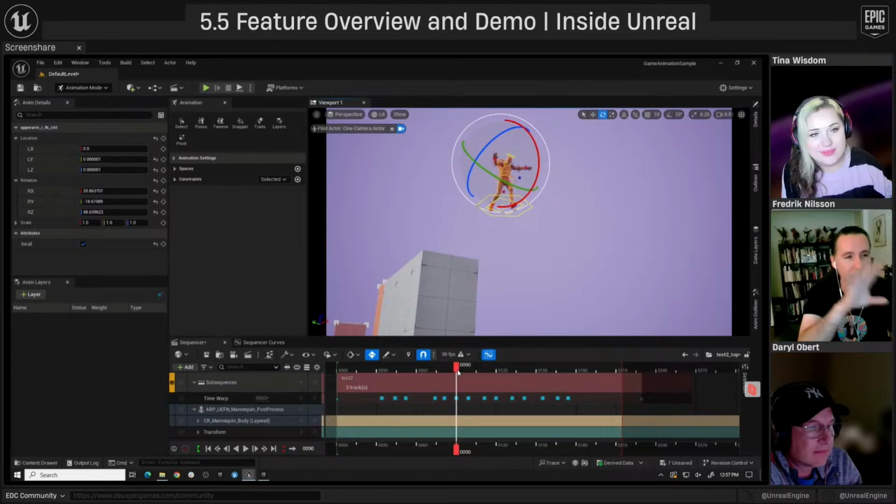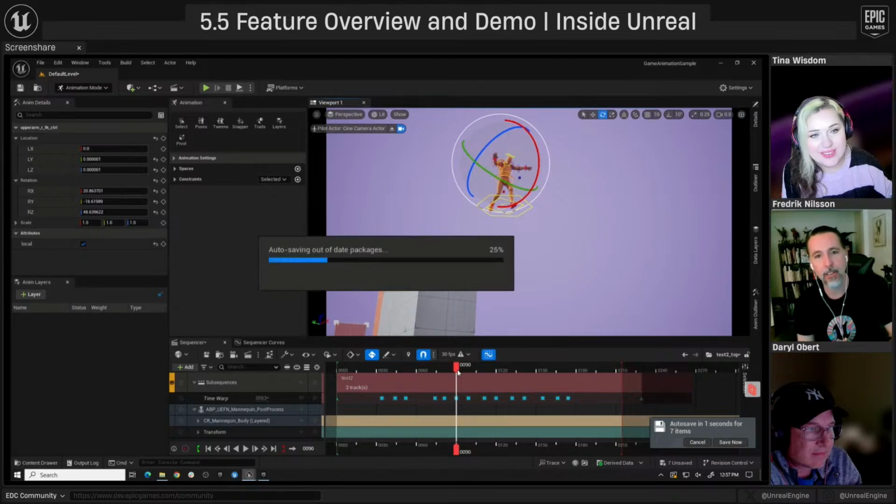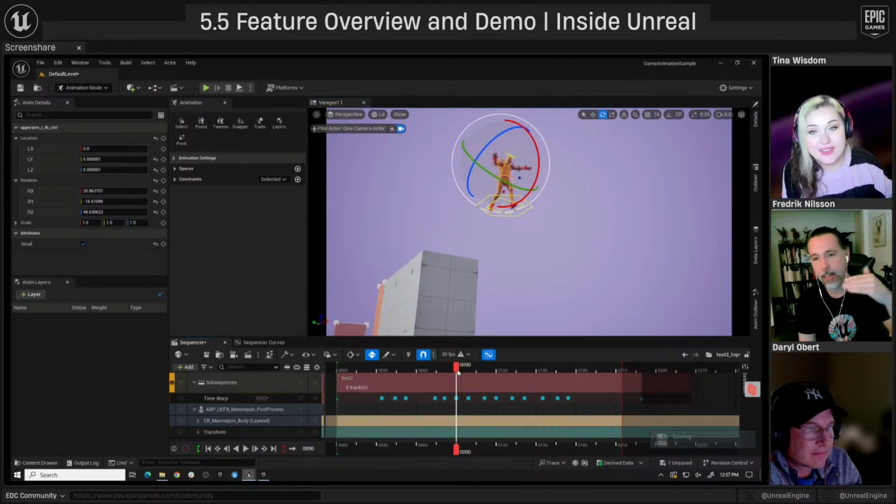If I figure out a good setup for all this stuff, because I haven't done this in a while, so for me it was like, I think it'll work. But yeah, anyway, I powered through it. We got the results we wanted. There's some glitches I'm going to look into. I'm probably going to put up an Epic Dev community tutorial on this process because I think it'd be really useful to just show people the steps: this is how you record, this is how you add it to the sequencer, this is how you add a camera, this is how you add time warp. I think that would be cool.